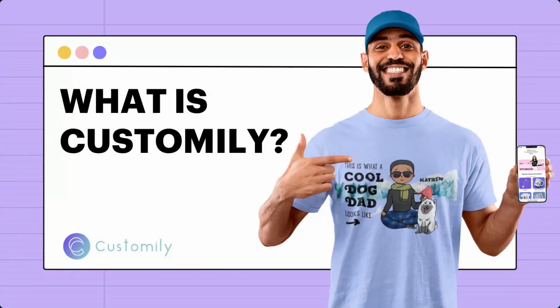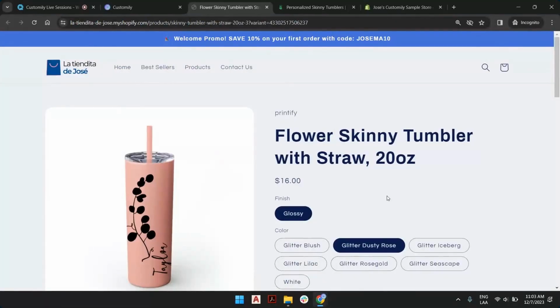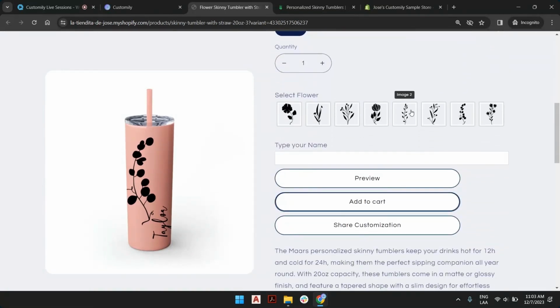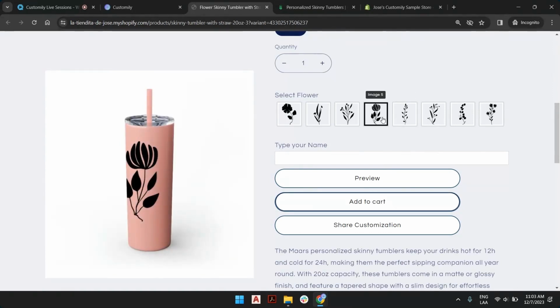If you're joining us for the first time, you'll probably wonder what is Customily. Customily is an app that installs on your e-commerce store and provides your shoppers with live previews of personalizable products. With Customily, your shoppers will be able to interact with options by typing texts, selecting fonts, colors, images, and even locations, as well as uploading their own pictures. Each interaction will show them live how the personalization will look on the finished product, enhancing the shopping experience and